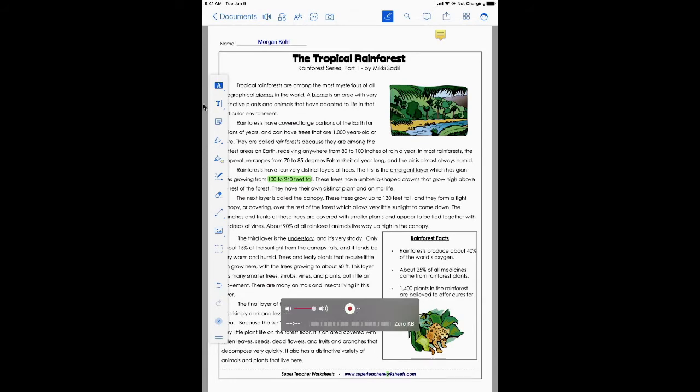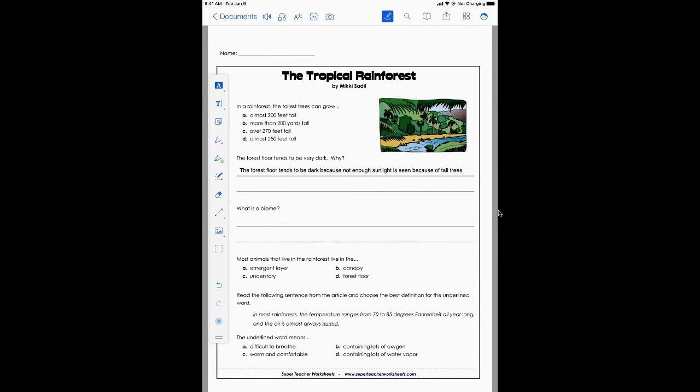Looking at the fourth one over here, we can draw a picture or scribble some notes. So we can go back here and let's say we want to answer number 1 here. I want to circle A. So I'm just going to draw a little circle there. That's just our little pen/marker tool.